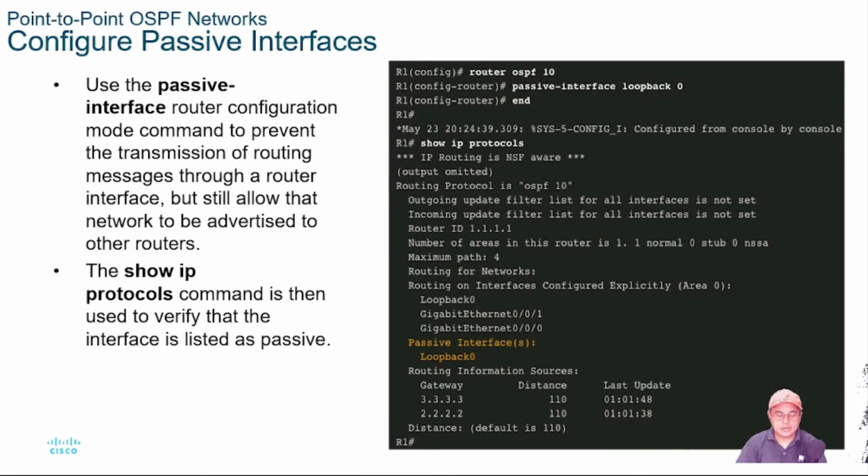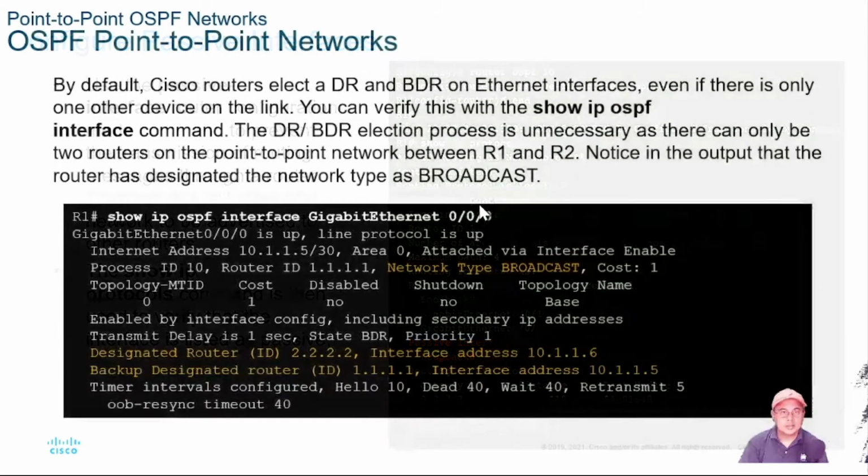So what is the command to make the interface a passive interface? Just type passive-interface loopback 0. In this case, we will make the loopback interface passive because it would otherwise send out unnecessary messages. Okay, so after that,